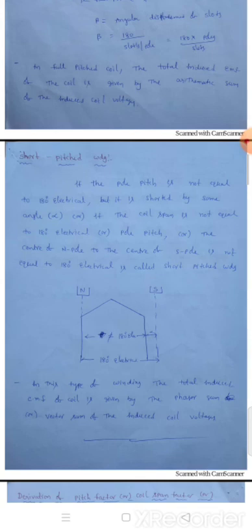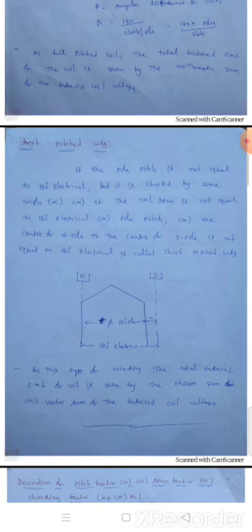The advantages of a short pitched winding are that the mechanical strength is increased, and the material used for the conductor or coil is less. Since the distance is less than 180 degrees, we can reduce the cost and the material, so there will be fewer losses. One disadvantage is that the EMF will decrease, because the EMF of one coil will be different from that of another coil.